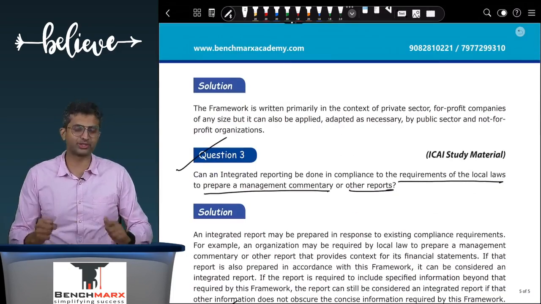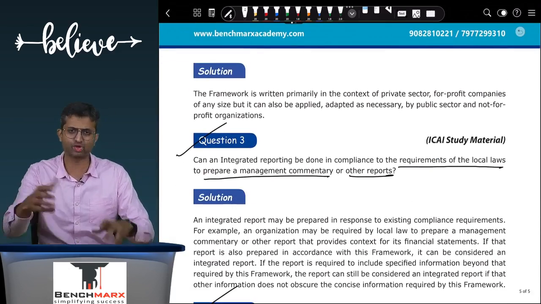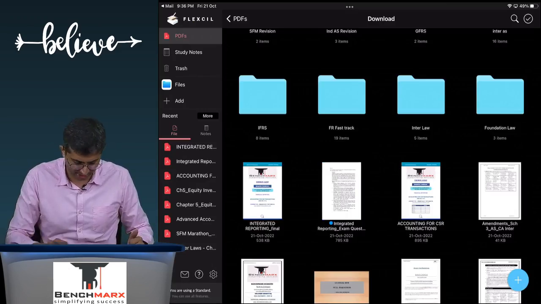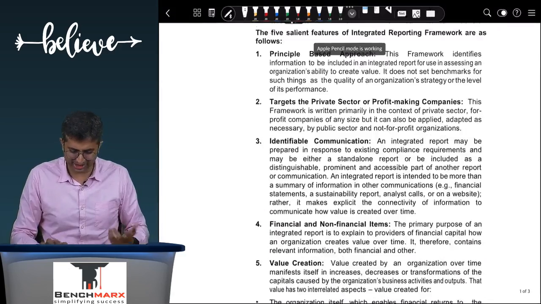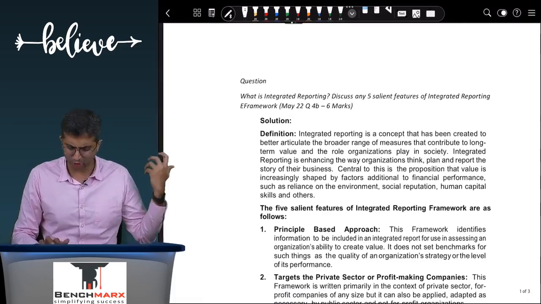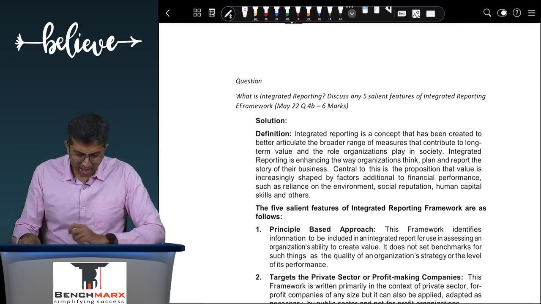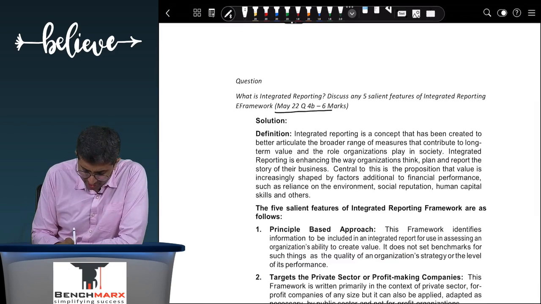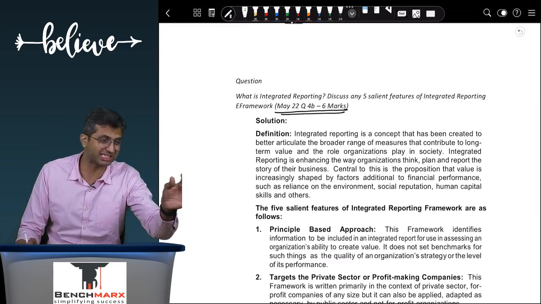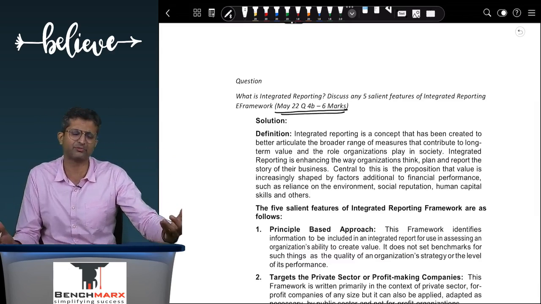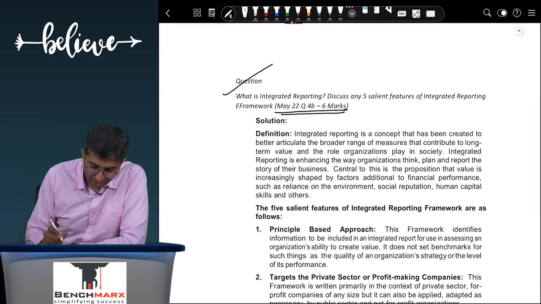I think those 2 questions from the exam have not been incorporated in this. In the document that I will share on Telegram, I will ensure that those 2 questions are incorporated. Let me just verify. Okay, I have these 2 exam questions here. I think they have not been incorporated in the file, but nevertheless we'll discuss this, no problem. First is the May 22 exam question that came for 6 marks. Again, these questions came where there was an option between the CSR question and an integrated reporting framework question. So you can kind of gauge.